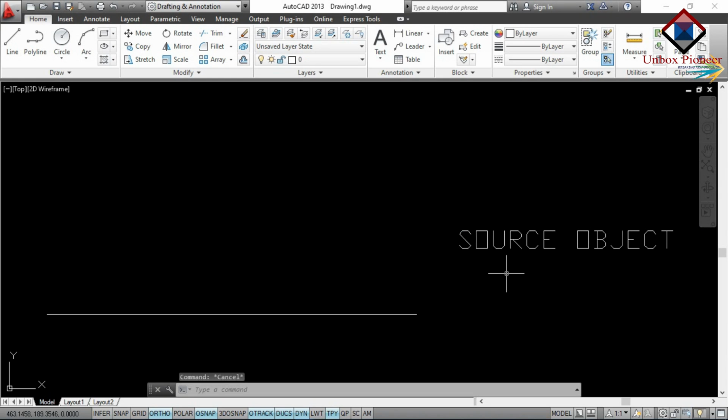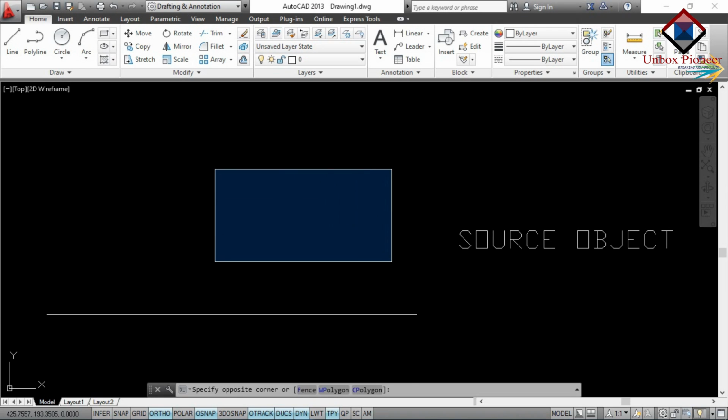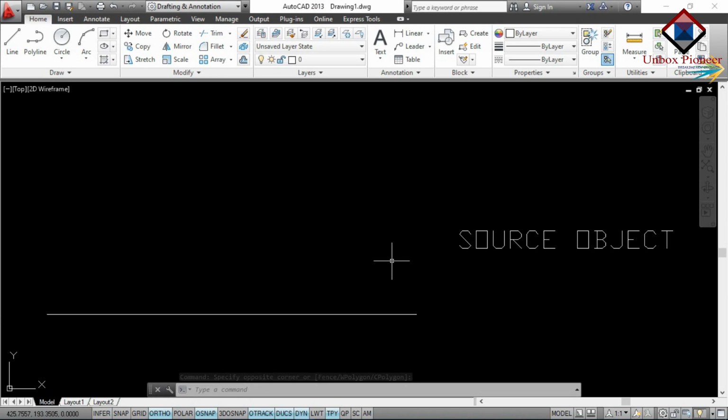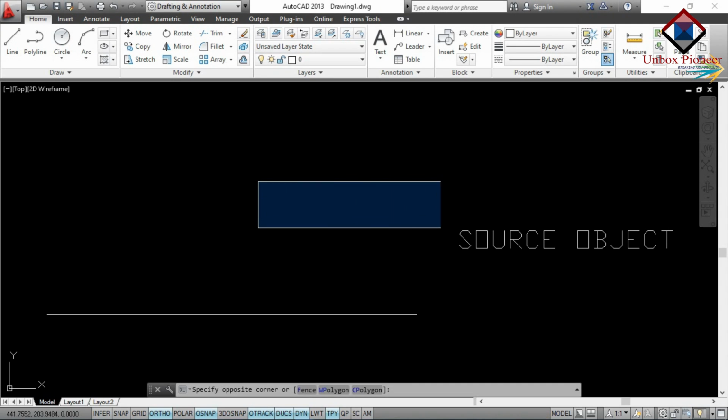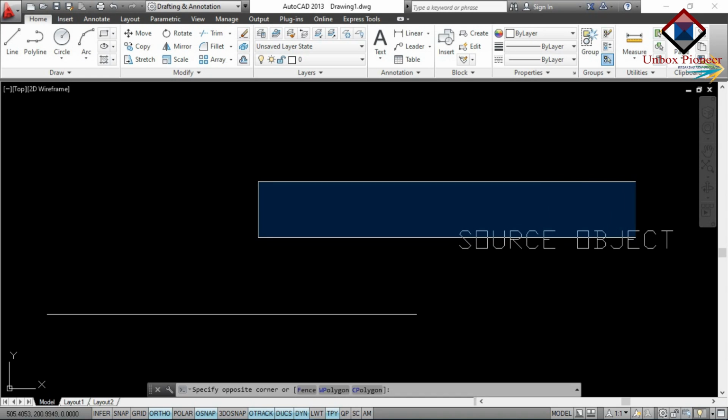Now let's move to our second selection, which is known as entity selection, which appears in blue color. For this you just have to press the left mouse button and drag towards the right side.